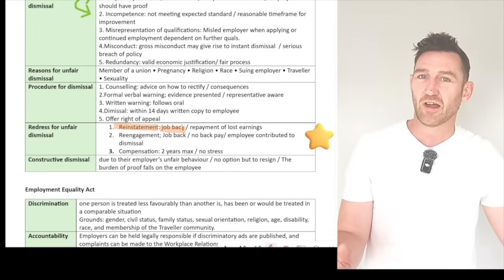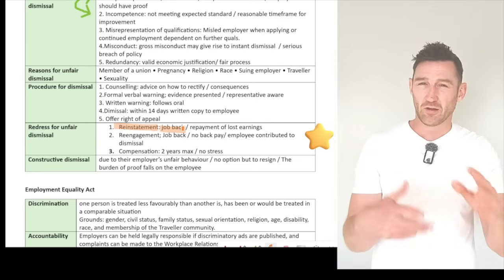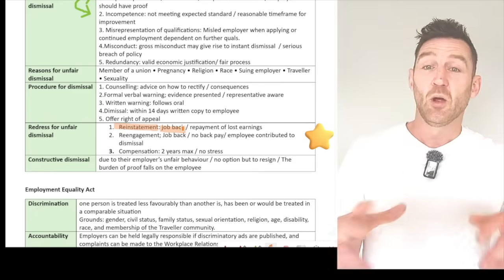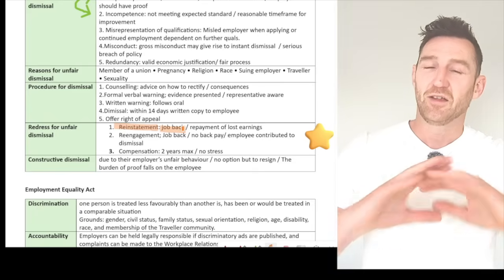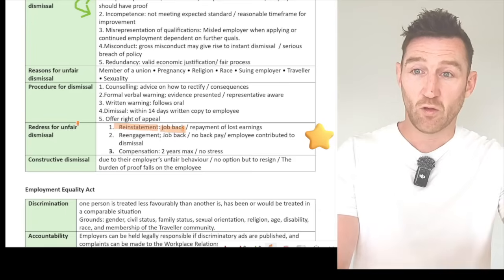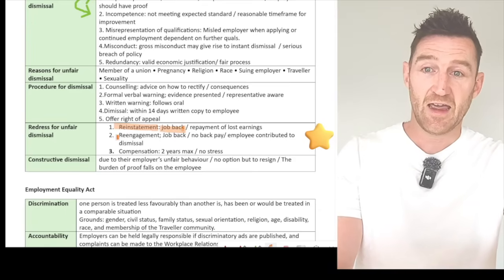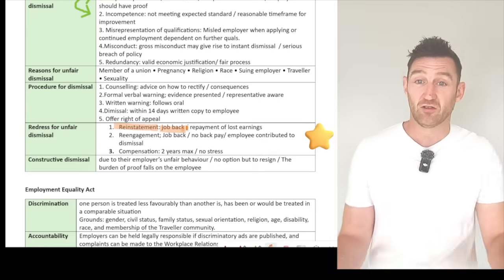You should always be looking to tag on something else. So I'm making quite a subtle point here that I hope you understand, but just know with this, give enough information. So with redress for unfair dismissal, state the heading and then give 2 sentences of explanation with all of these,